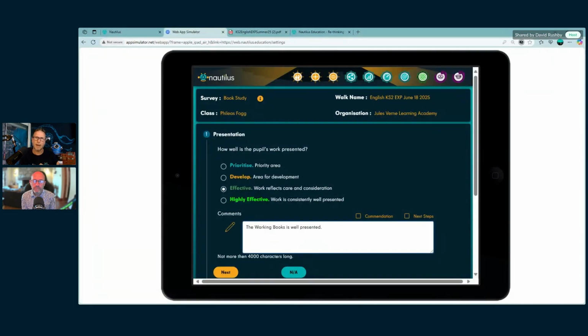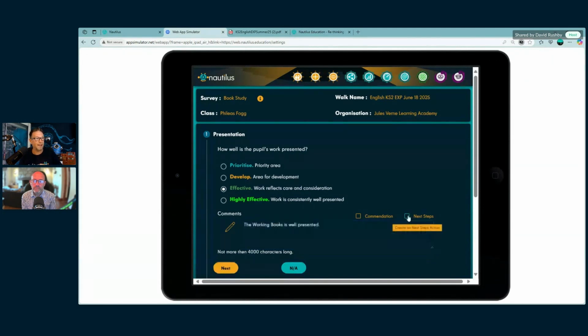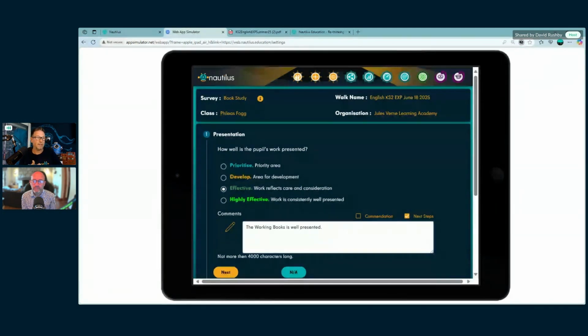So using the voice type, and that's a button on your device, enter in your thoughts and views. You could see there when I was talking, I was saying, yes, it's well presented, but I'm making a suggestion so I can identify a next step. Even though it's effective, I'm saying, try this. And then I'm making a suggestion as well, just prompting them, reminding them to revisit those